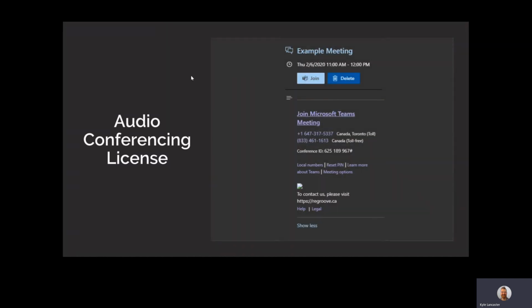Before we get into what Teams Voice is, let's talk about another add-on that you can do that we find really useful. This is not what we would consider to be Teams Voice, but it is a useful piece. The audio conferencing license. And this is what allows users outside of your organization to call in to a meeting that you've booked with their cell phone.